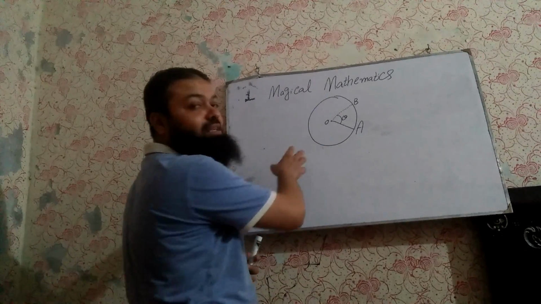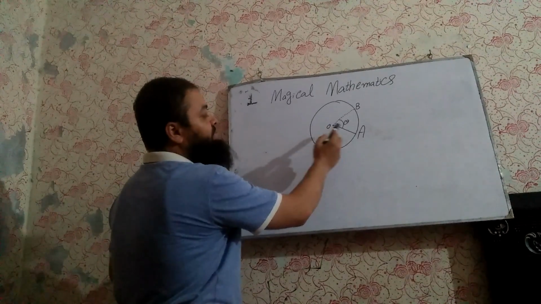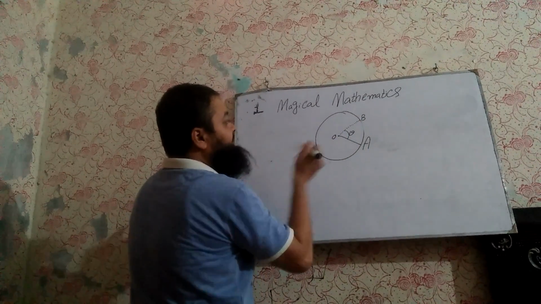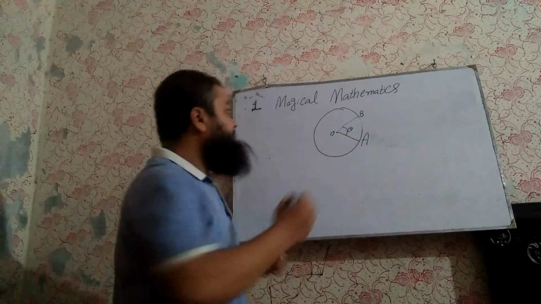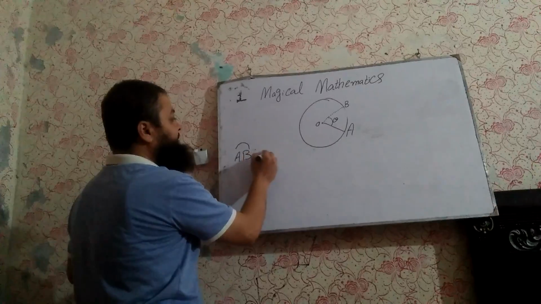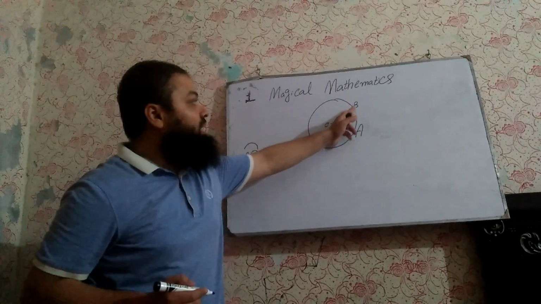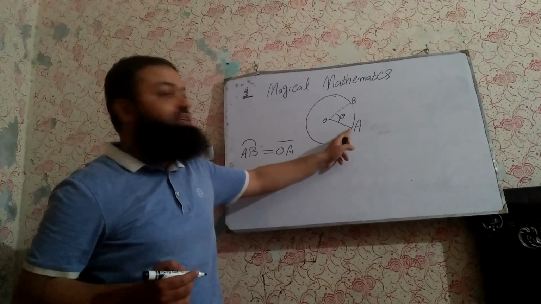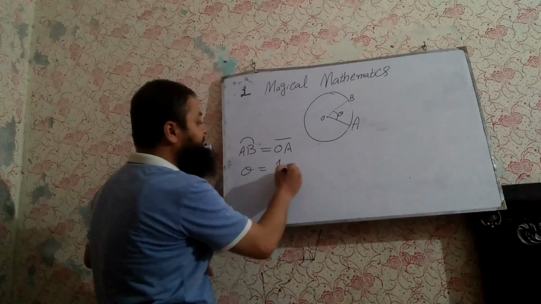Today we are going to start chapter number 9 of trigonometry. This is a circle and center is O. This is the arc length AB and the radius is this much, OA. The property of a circle is if arc length AB is equal to radius of the circle OA, then that angle theta will be equal to 1 radian.